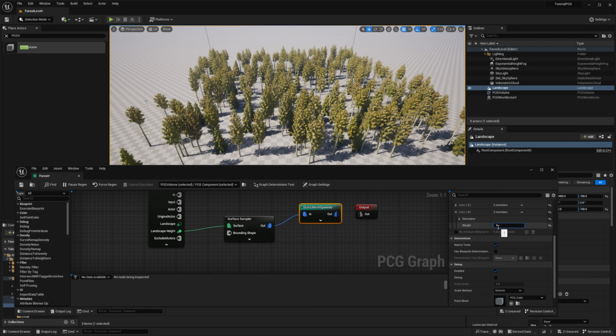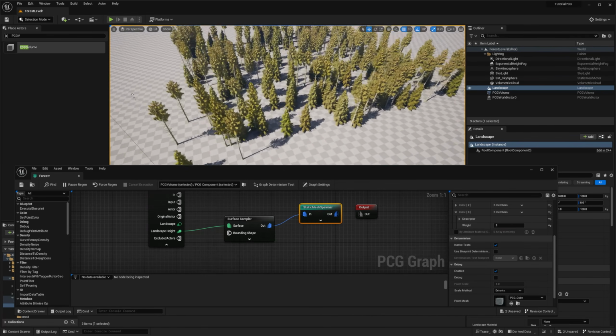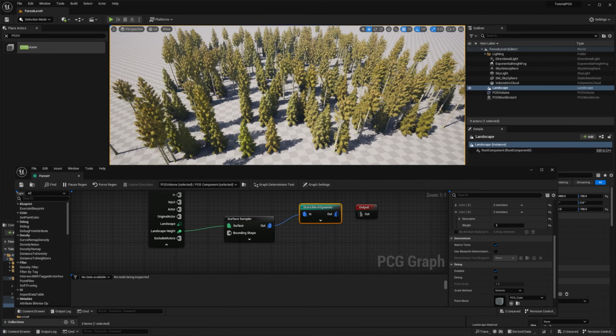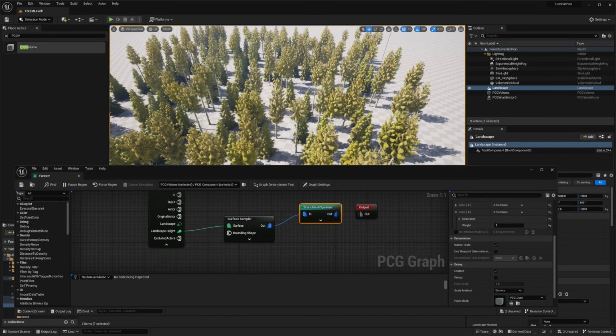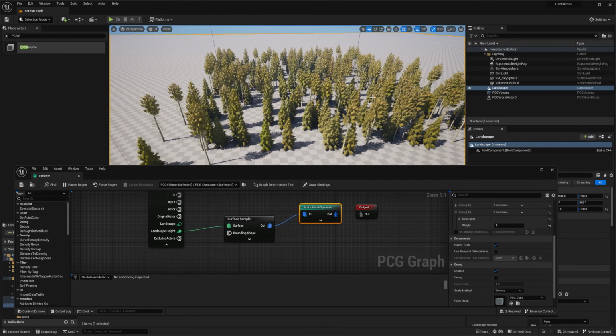So 3 divided by 6 is 0.5. So it means I have a 50% chance to spawn this one, and I will have a 1/6 chance to select the other ones. By doing so, you can see that I have more trees of this type. And now we have a balanced forest.